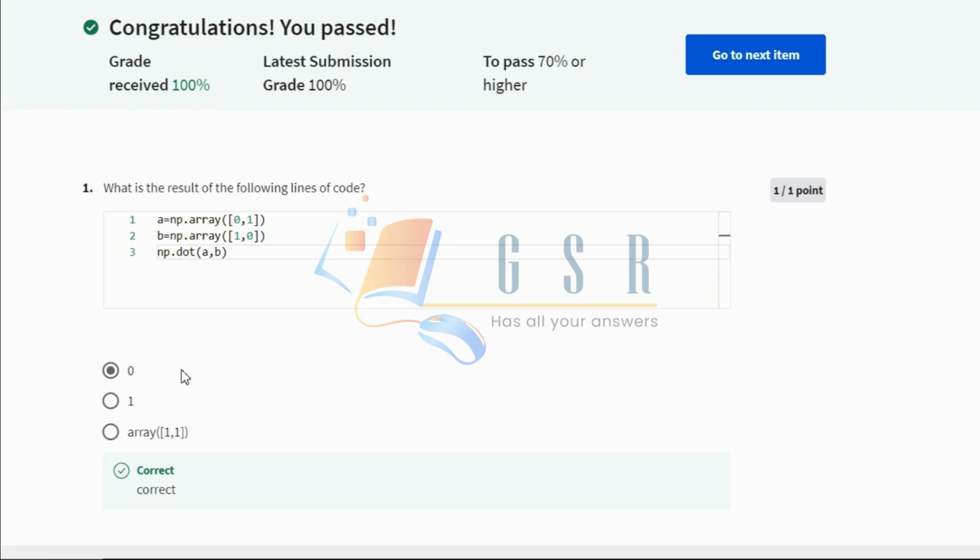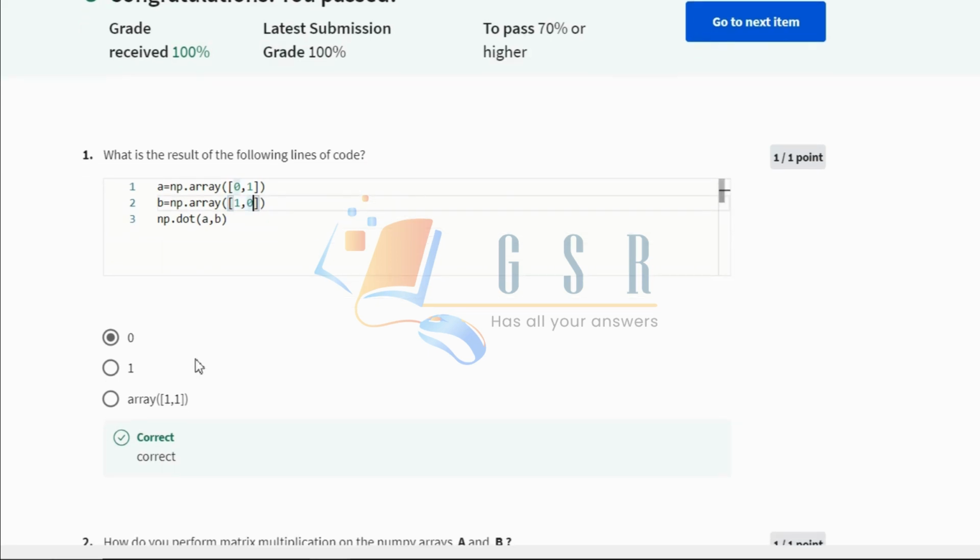So the values are like this. First we have an array of 0 and 1. Second we have an array of 1 and 0. So you'll have to look into the dot matrix. How do we multiply, how do we do the dot of two matrices? So the answer is 0, for instance, and in later videos I'll explain how a dot matrix is calculated